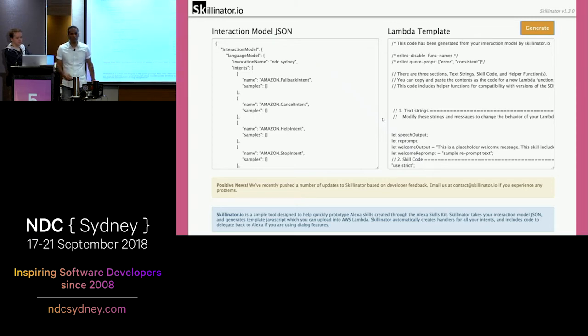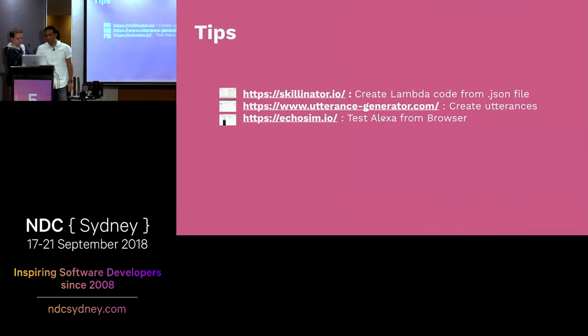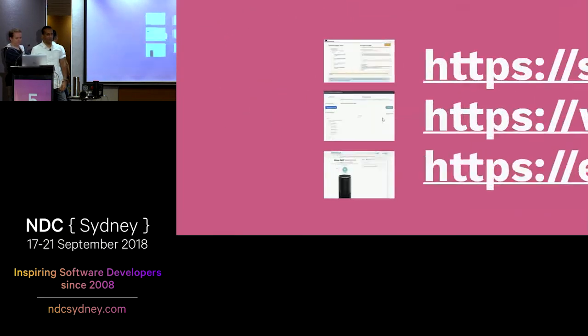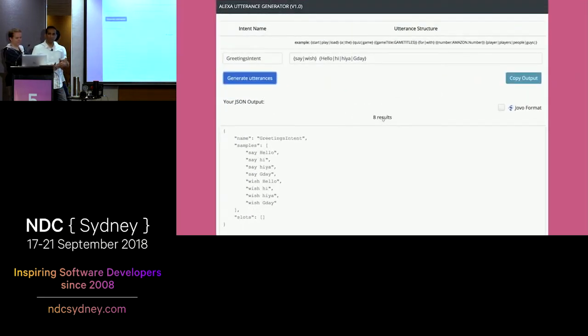So it makes it a little bit easier for you. The second thing is creating all those utterances. So when you get started, there may be a lot of utterances that you want to add, like sample utterances. So this tool lets you